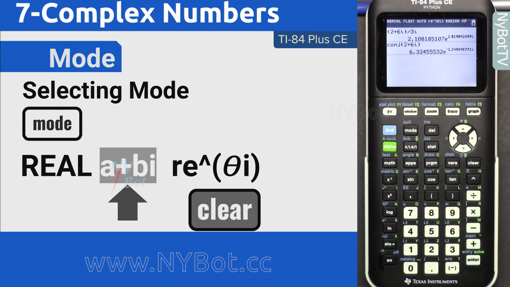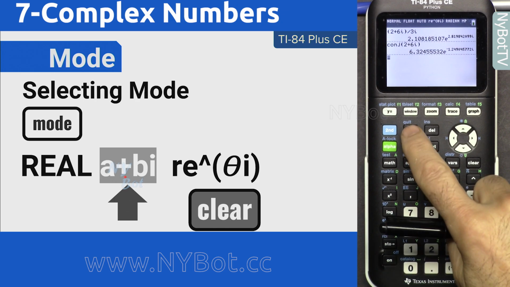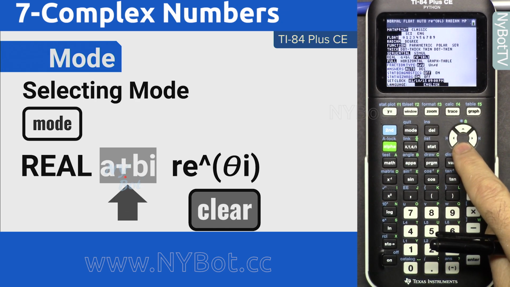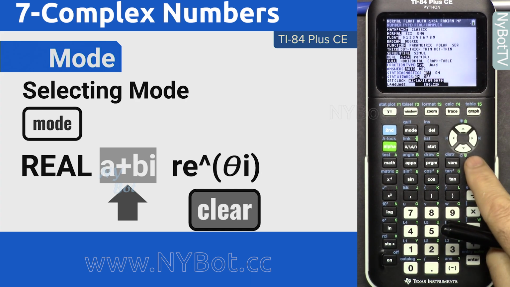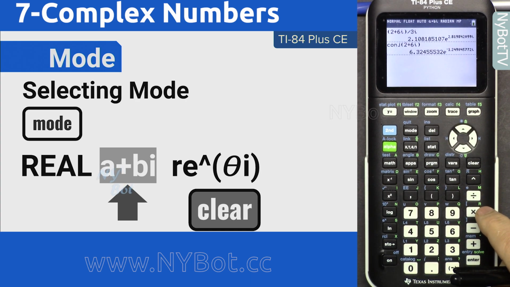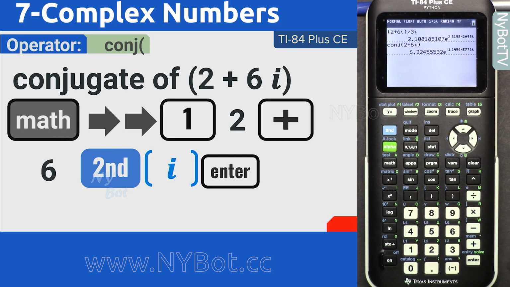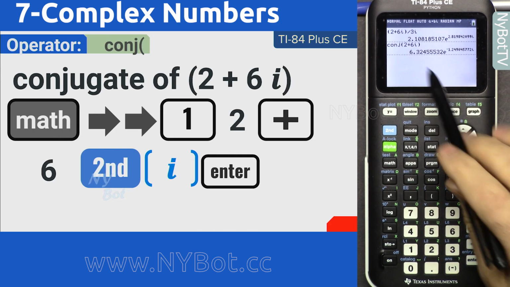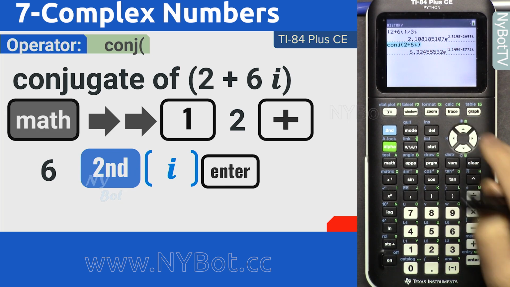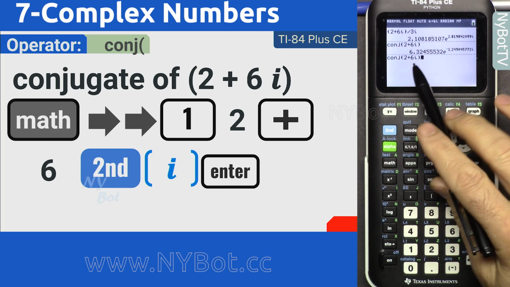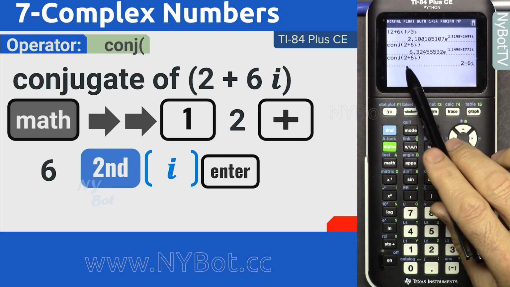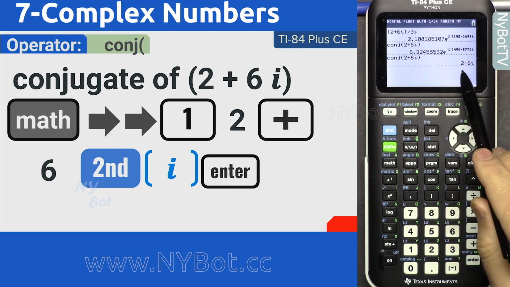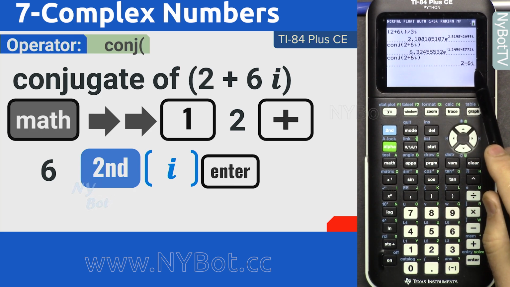Now, if we go to rectangular mode, and then scroll down, here, press enter, clear, and let's enter it again. I'm not going to enter it, let's paste it. I'm going to go up once, twice, highlight it, enter. Now the expression is available, just press enter. You can see that it was 2 plus 6i, it converted to 2 minus 6i, and that is the conjugate